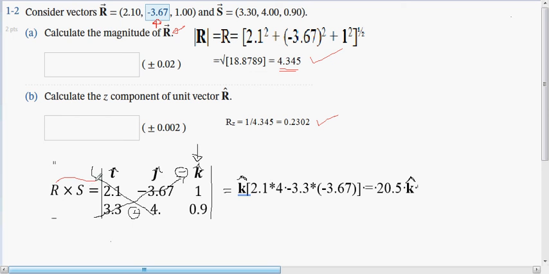So all of its components go in here. The x component goes below i, the y component goes below j, and the z component goes below k. And similarly, I put the s vector, its components, below those, 3.3,